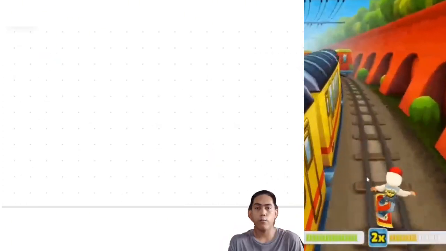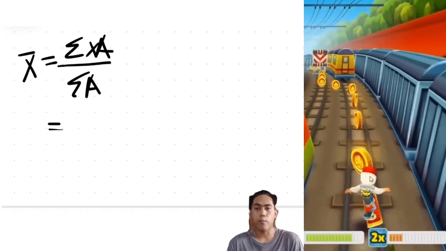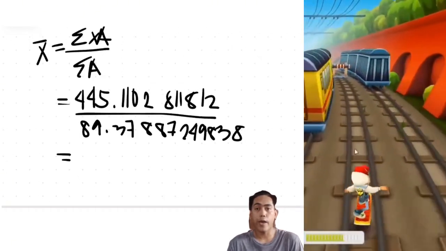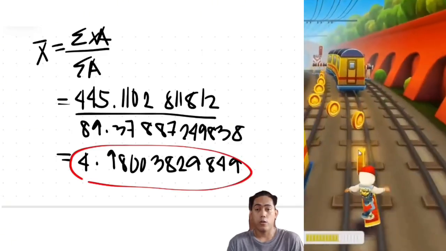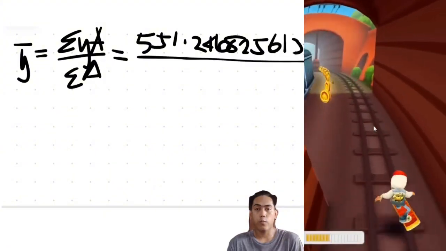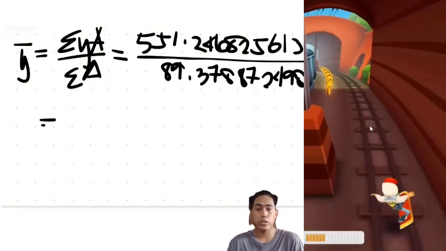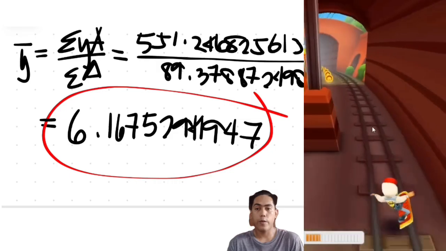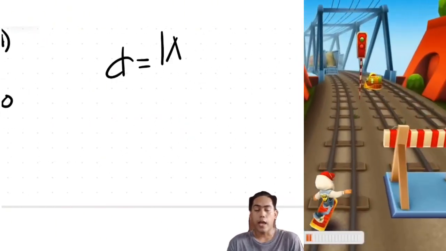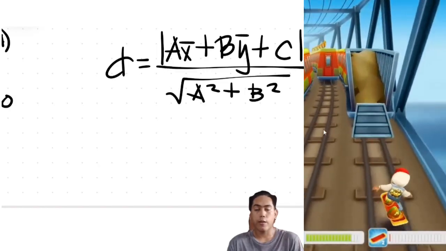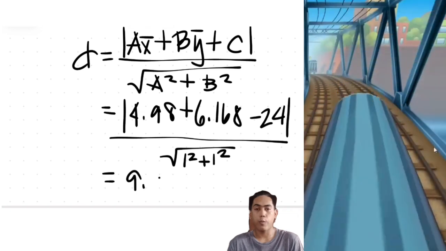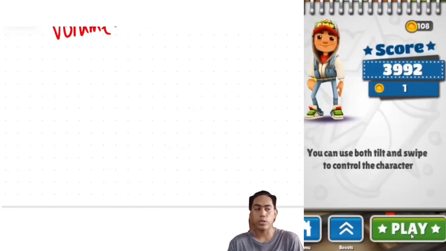And then we will solve for the center of area by using the formula x bar equals summation of xA over summation of A, and y bar equals summation of yA over summation of A. And then we will solve for the r bar by using the formula for solving the perpendicular distance between a point to a line. And then we will substitute all the necessary values to the theorem of Pappus-Goldinus, and then we will get that the volume is equals to